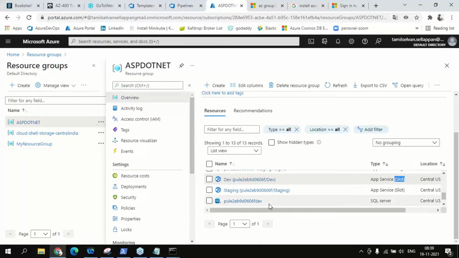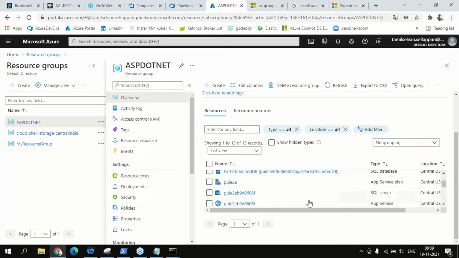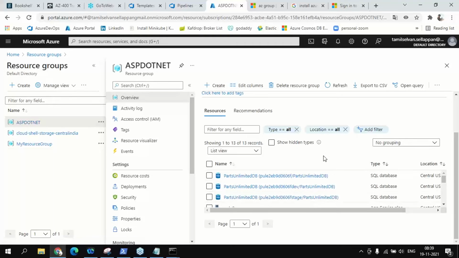Okay, so here, when we are running this script, it will spin up all the environments. For example, it will run the infrastructure for all the environments, but in real time, for each environment we will have a different resource group. But here, from this example, let's say,